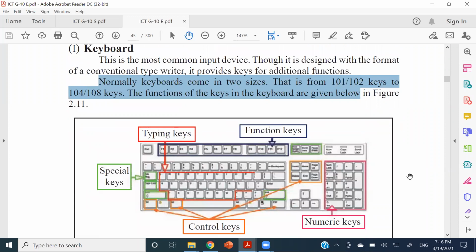Right, so after the given below, you don't need to draw the keyboard, but you have to write these